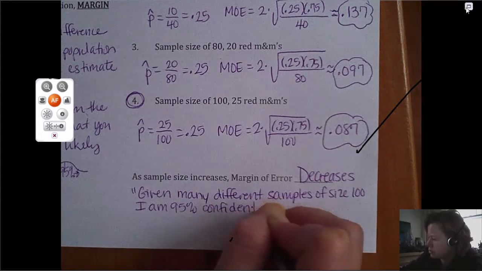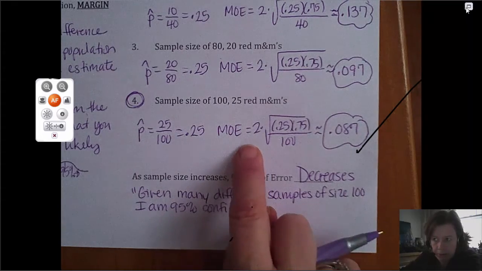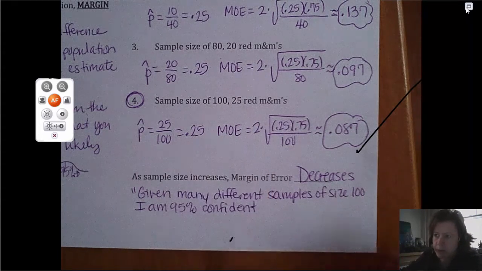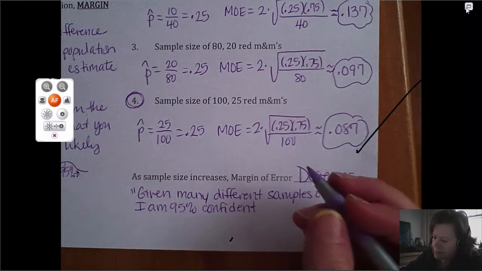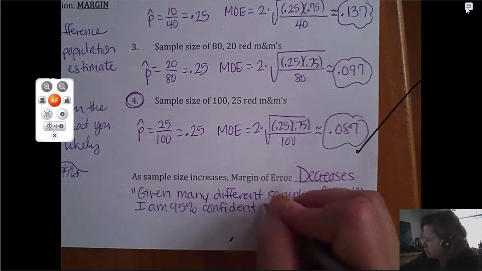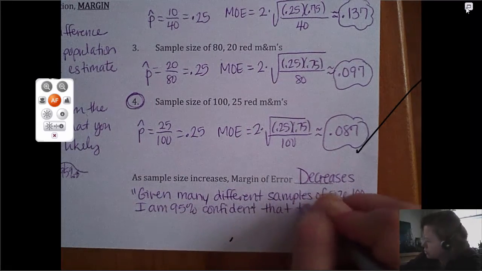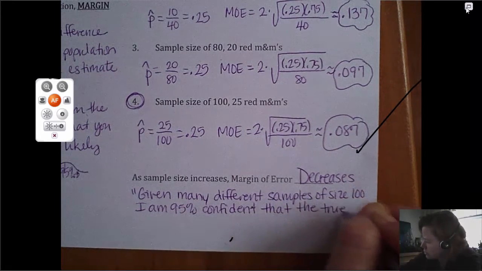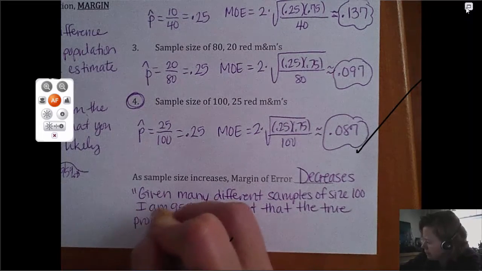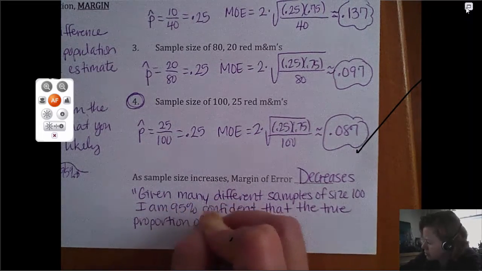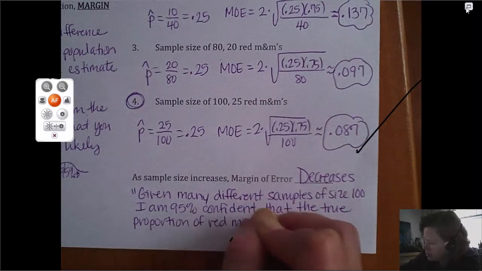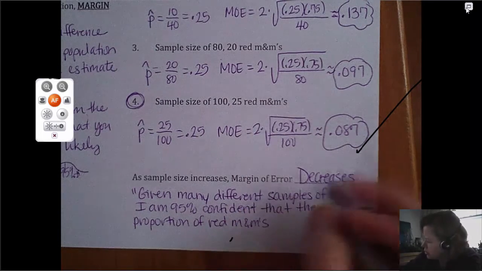Well, because I'm going 2 standard deviations out from that mean on my normal model. And since my sample size is getting larger, I'm getting more normal. So I'm 95% confident that the true proportion of red M&Ms is between,